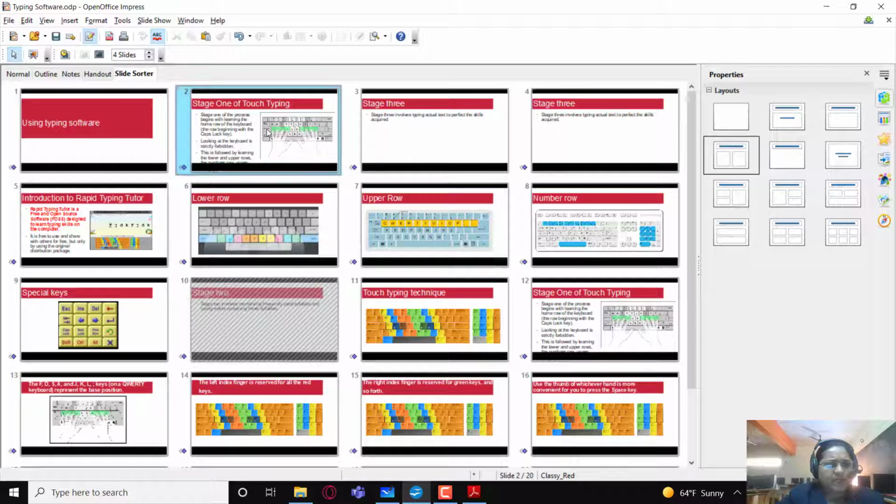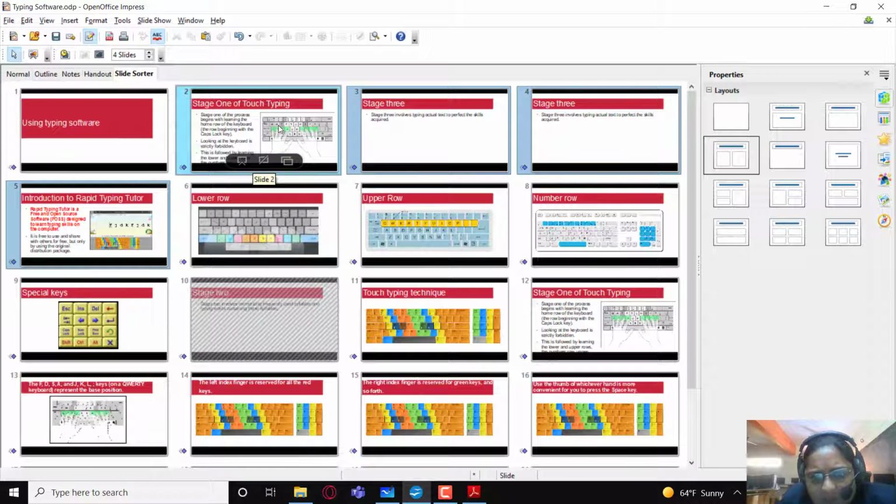And here also if you want you can select 2 or 3 slides together. If you want to select adjacent slides, then you have to click on the first one, keep the Shift key pressed, and either use the arrow keys like I am using right now, or select the first one, keep the Shift key pressed and select the last slide which you want. This selects continuous, that is consecutive, slides. Now you can use drag and drop or the shortcut key combination or the standard toolbar options or the Edit menu options or the right click options also. So many ways of doing the same work.